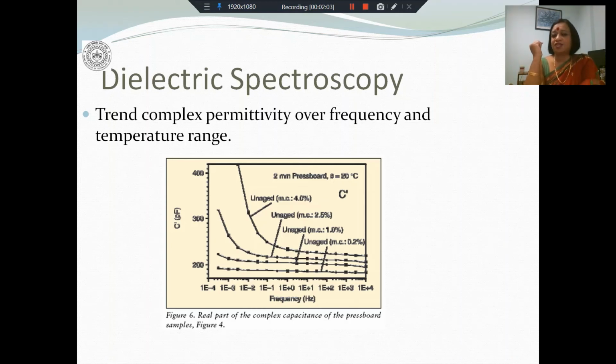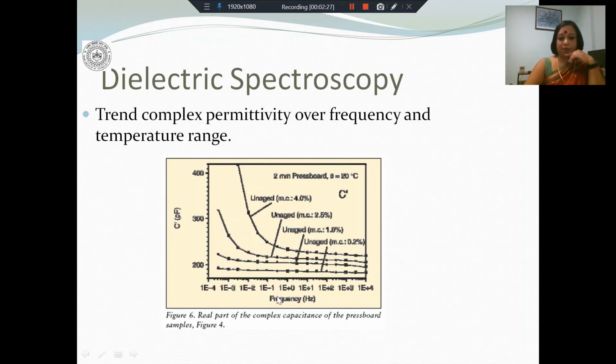The other thing that I have already mentioned is that if you have low frequency polarization mechanisms, then as you measure the permittivity over frequency, as you go from high frequency to low frequency, you will see a considerable change in permittivity. So for example, here I have, taken from published literature,